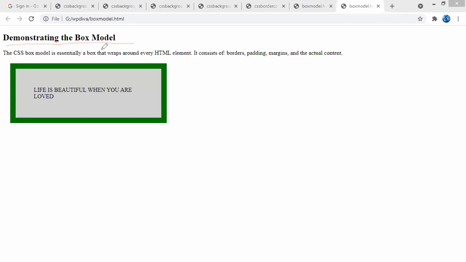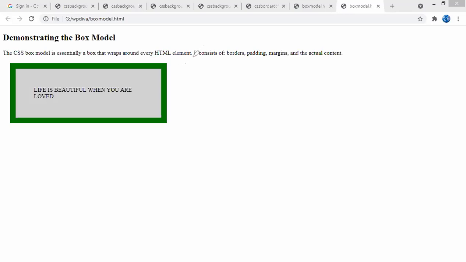So what will this box model do, guys? This box model is essentially a box that wraps around the HTML element. So we have "life is beautiful when you are loved". This is the element of my HTML, the content of my HTML code. Element means the content which I am displaying within the tag with the help of the body tag.